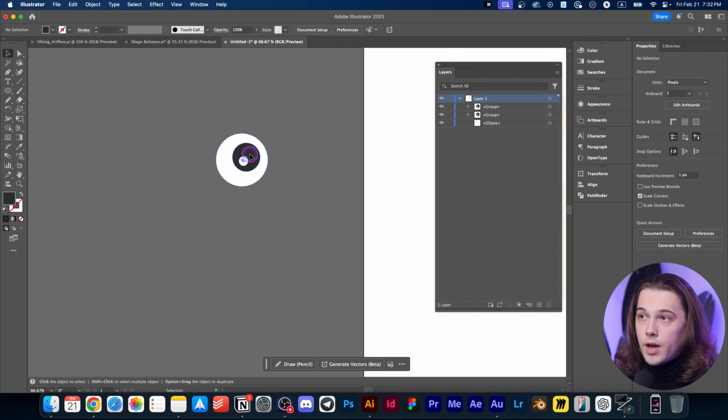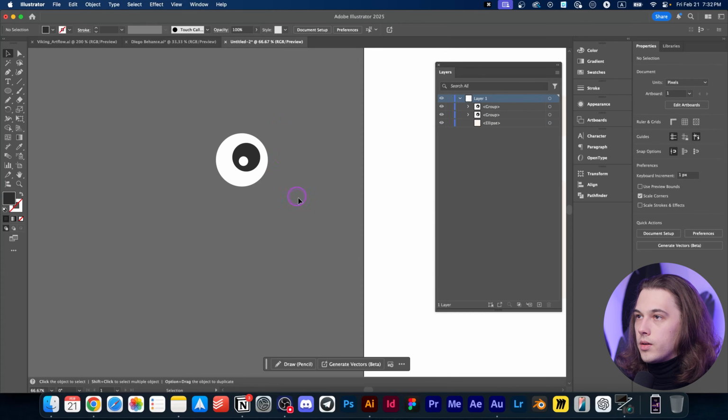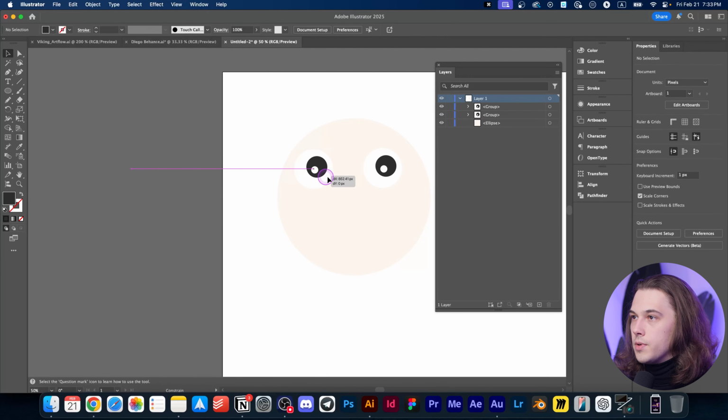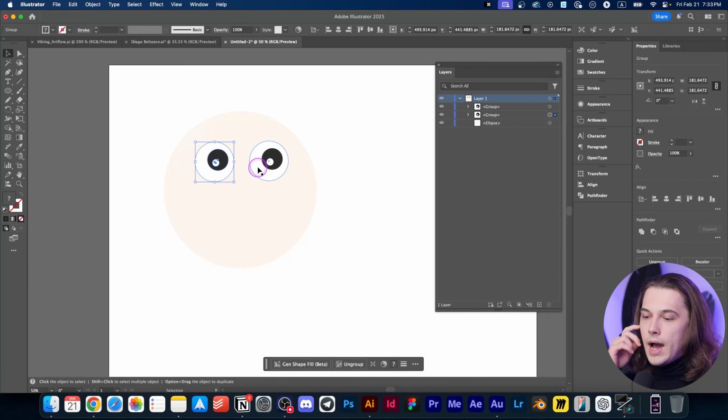At the beginning this is quite complicated, but I'll show you later how to work with this, so you'll see that it's quite easy and you'll use it quite often. So for now, just understand that whenever you have this top bar over here, it means that you double clicked on some object and you went inside isolation mode, and you can interact only with this group that you double clicked. Now let's exit, let's move this one to the middle, and let's talk about how you can ungroup your object,